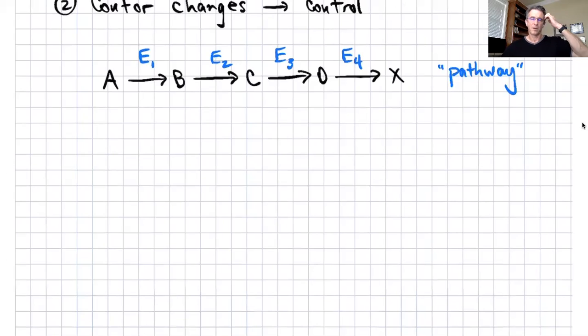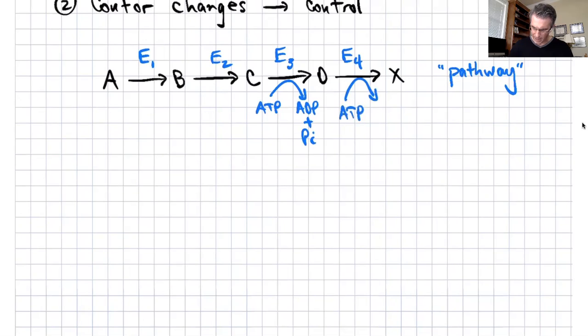So we've got 5 different species, 4 enzymes. Let's imagine that this pathway, in addition to having all these enzymes and all these steps, let's say making X is not cheap, right? So let's say this requires some input of energy. Say we got to hydrolyze some ATP here, right? So making X, while absolutely essential, because let's say your organism dies without it,